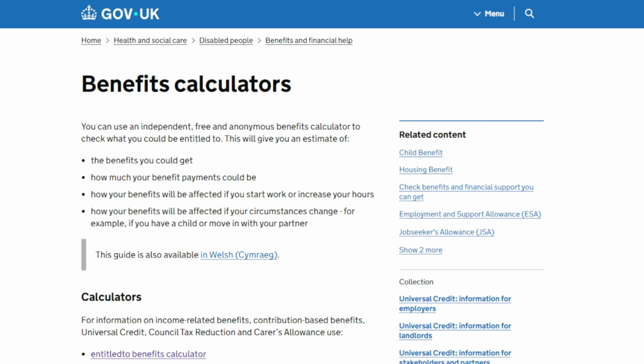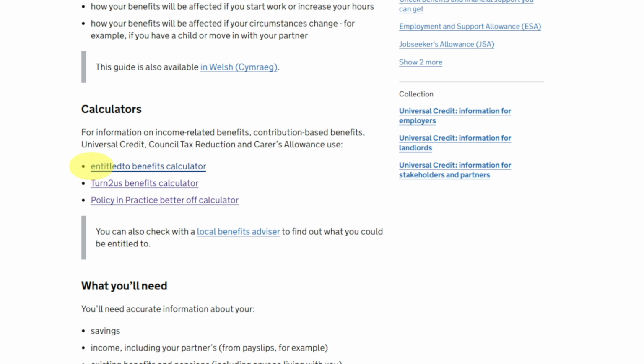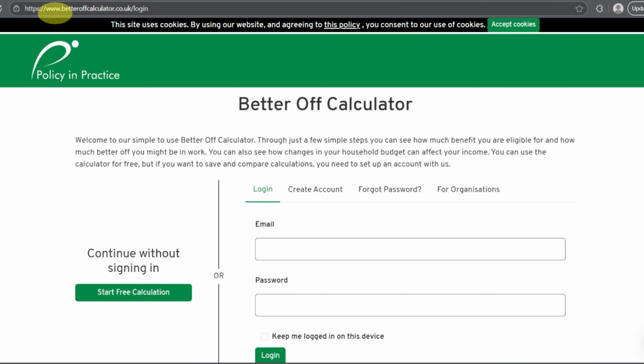This website will give you 3 different calculators. Number 1, Entitled To benefit calculator. Number 2, Turn2us benefit calculator. Number 3, Policy in Practice Better Off calculator. The first calculator is